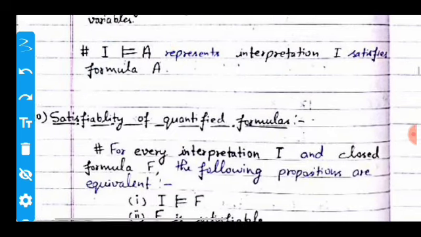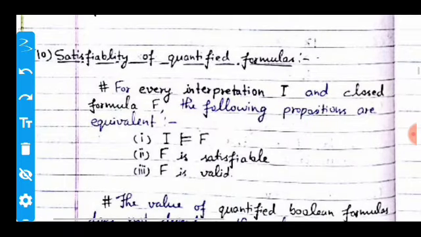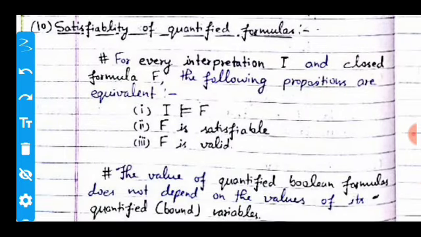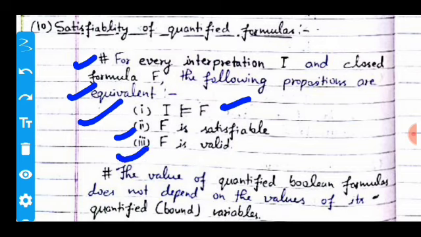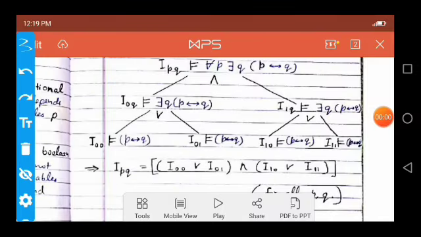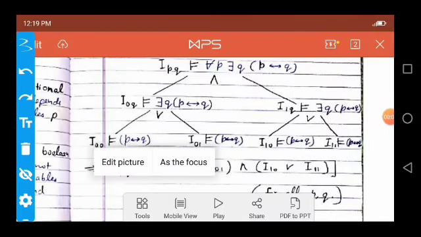Now move on to the next point, the tenth: satisfiability of quantified formulas. For every interpretation and closed formula F, the following propositions are equivalent. First, the interpretation I satisfies formula F. F is satisfiable, F is valid. The value of a quantified Boolean formula does not depend on the value of its quantified bound variable. The evaluation of the formula